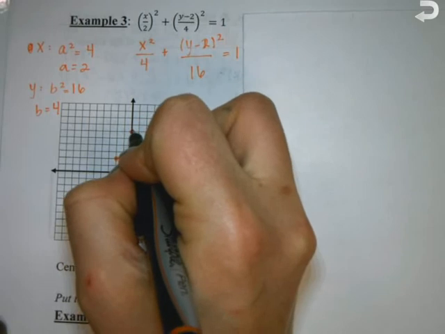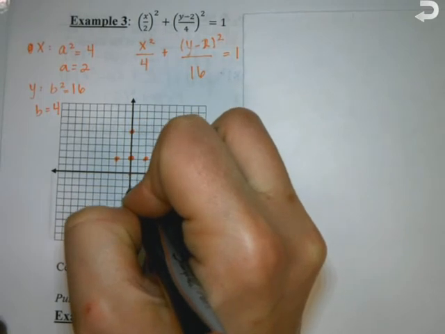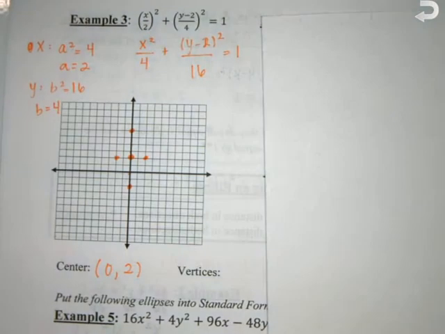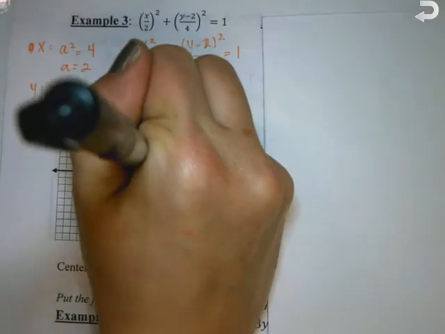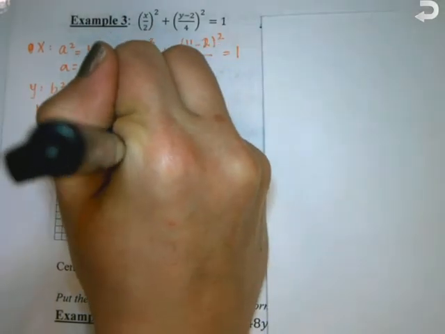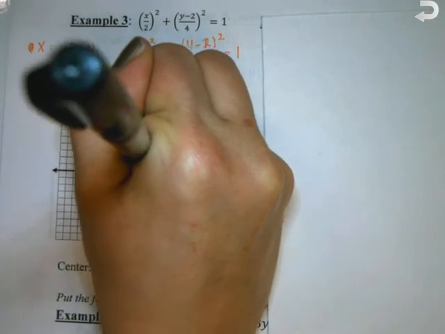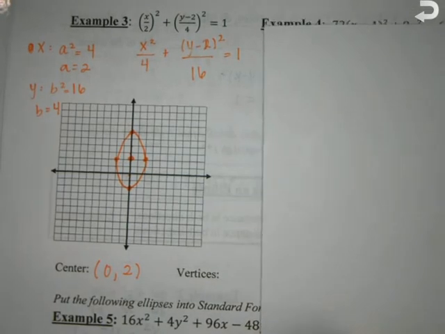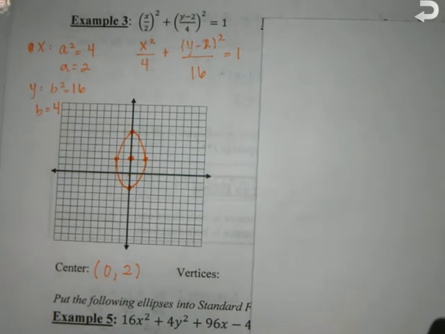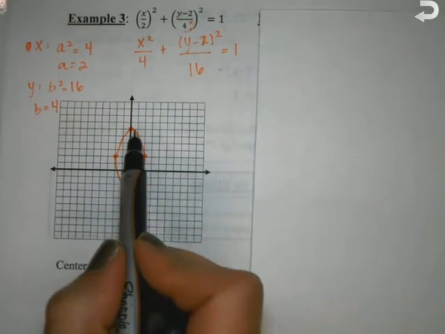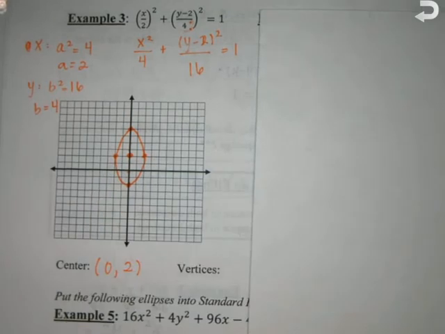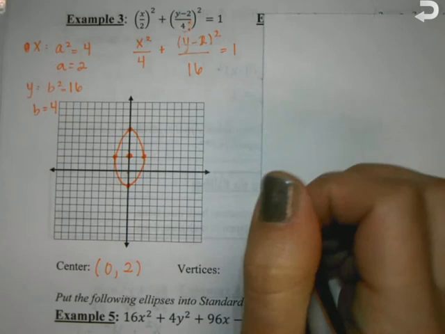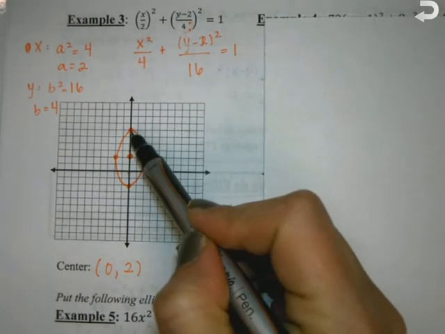There we go. Okay, so that's what our ellipse should look like. So what are my vertices? Are my vertices the b values or the a values? The b values. So we need to write down the coordinates of the vertices. What is the coordinate of this guy? 0, 6. And what's this guy? 0,